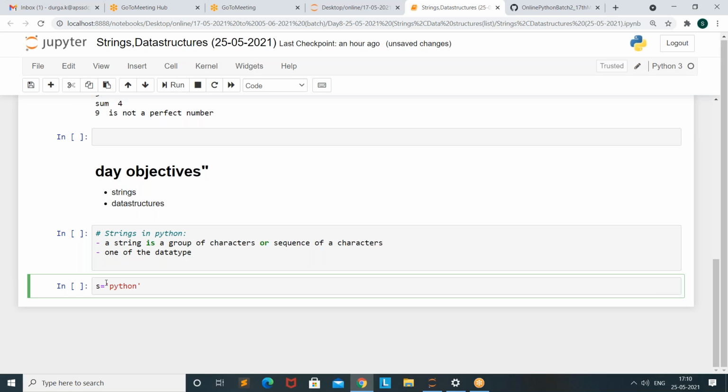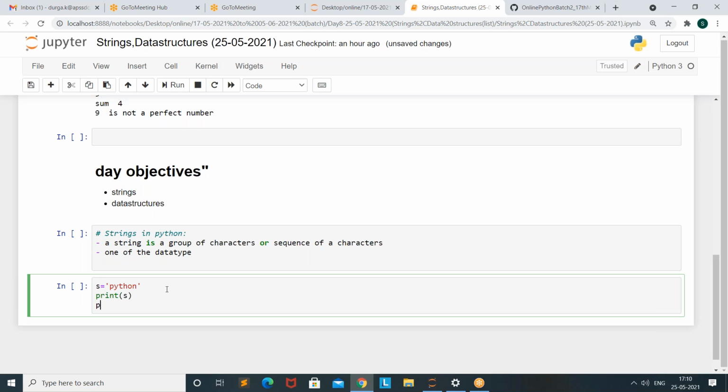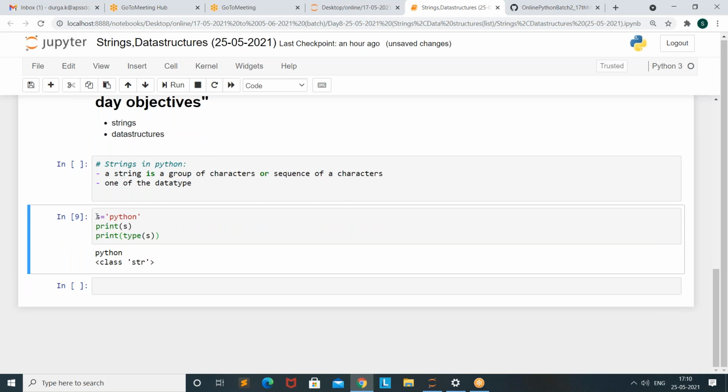I'm taking Python as my string and I just want to print my string and the type of that string. Okay. So Python is my string and it has a type of str.